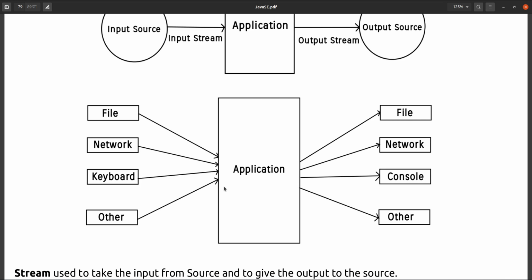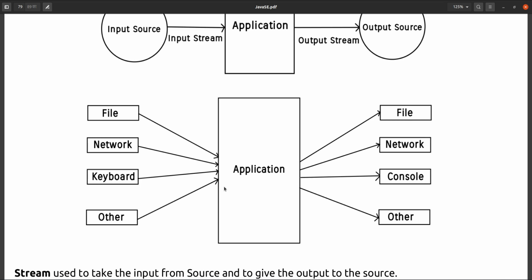In the same way, output sources can be many. An output source can be a file, a network, a console, a display, a speaker, or any other example, like your printing machine.